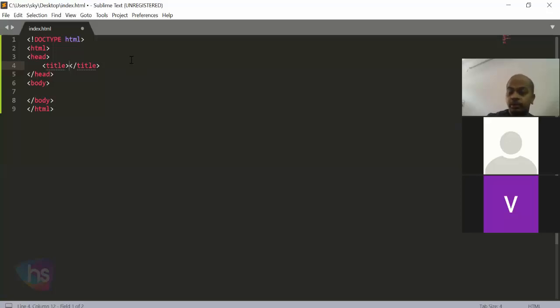The cursor is blinking on the title. There you have to concentrate on the title for your page. What is the title? I can give it as sample, or you can specify your site name. Save it with Control S. What we write in the body will be displayed on the page. I'll explain the life cycle and the structure of an HTML form, then we'll come back here and write.